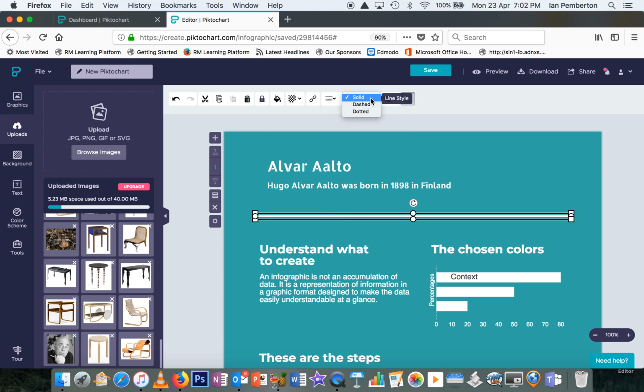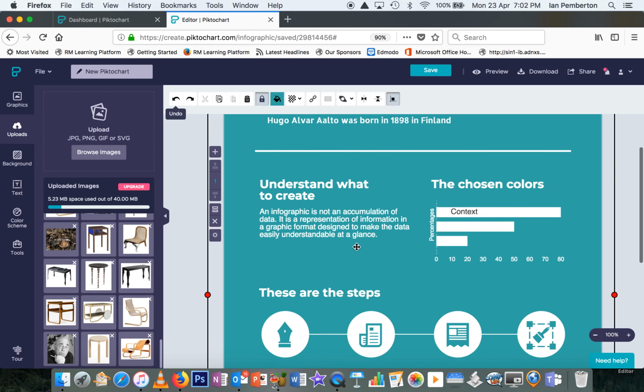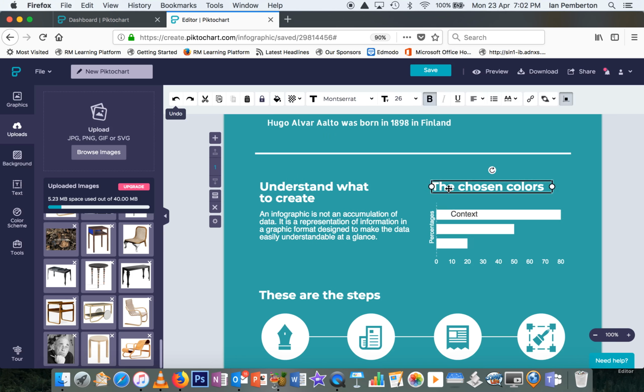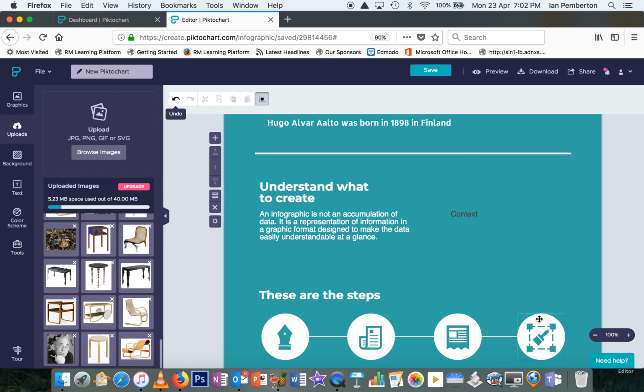The line style itself, again, do I want it dashed? Do I want it dotted or something like that? I can always go to undo. That's a quick way out of it. Yeah, I'm relatively happy with that. So again, if I don't want something on there, all I'm going to do is just take that and delete it. Okay, if I'd like one of these circles up there, I can go Command C and then Command V,